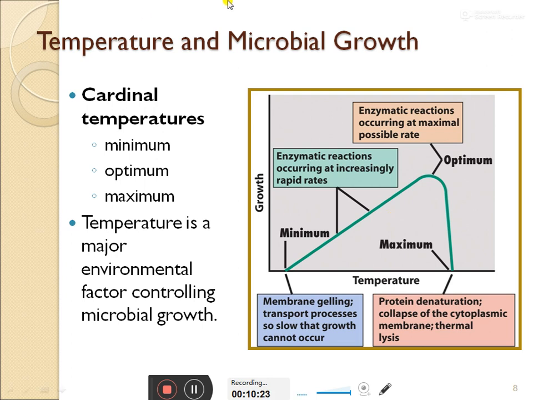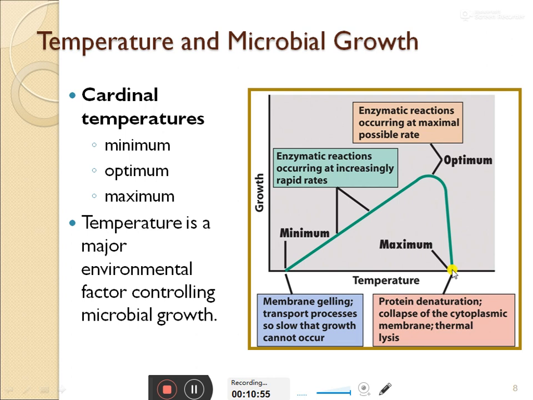Here we can see in this diagram, this is the growth rate of the bacteria and this is the temperature range. We can see here the minimum, the optimum, and the maximum. Below the minimum temperature, bacterial growth is not possible. This is the optimum temperature where enzymatic reactions occur at the maximum possible rate. The bacterial growth is maximum in the optimum conditions, and the maximum temperature is where the bacterial